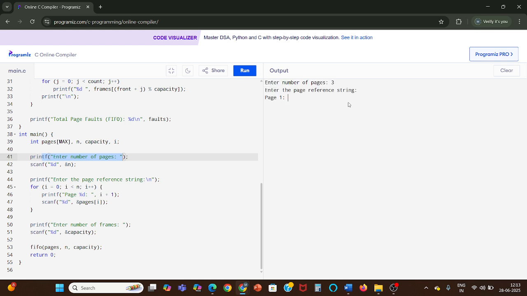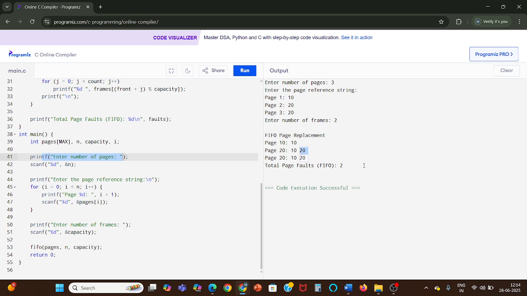Considering again 3 pages, and the pages we are going to refer are 10, right, and 20. Again I am going to refer the same page 20 for example, and 2 frames as we considered previously. So for the first time page 10 is put in there and that is one fault, and for the second time page 20 is referred, that is not there, we are putting it there, so that is the second fault. Whereas the third page which we are referring is again page 20 which is already there, so no replacement has happened, no fault has happened. So only 2 faults, one for page 10 and another for page 20.